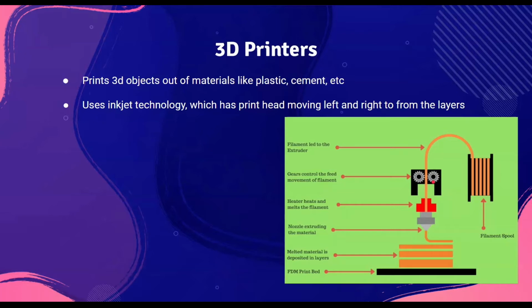First, we must give the shape and other data to the printer so that it can print the model. This model can be designed using CAD, which is computer aided design software. The design model will be printed layer by layer, where the nozzle ejecting the filament will move around to correctly lay the molten filament. These filaments can be made up of plastic, cement, ceramic, and etc. This is all about 3D printers.